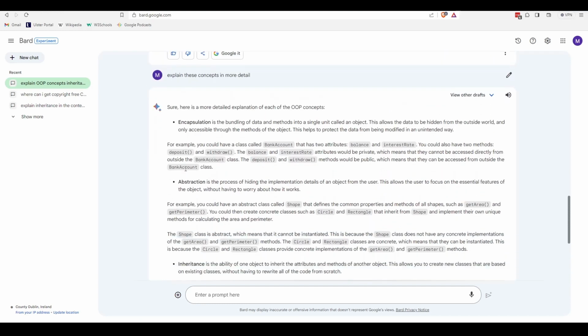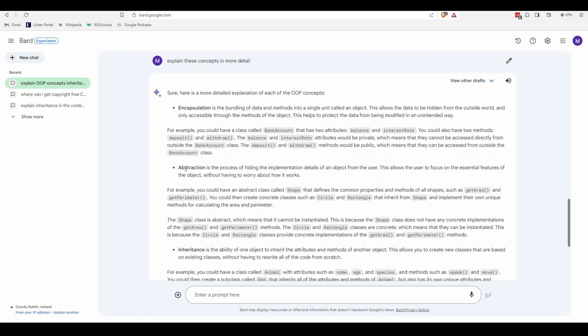Now, I'm not saying everything they say is absolute gospel, because they're known to be prone to errors. But you can start to have a conversation with this thing and tell it, look, give me a simpler explanation, and you can start to glean some nice simple explanations about these concepts. So I just want to go through